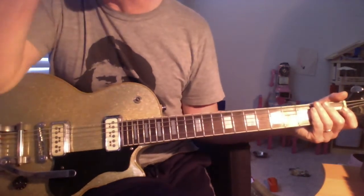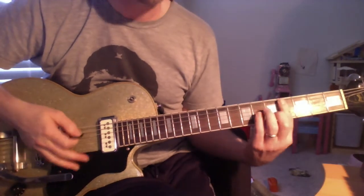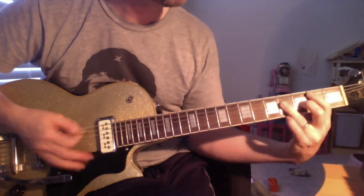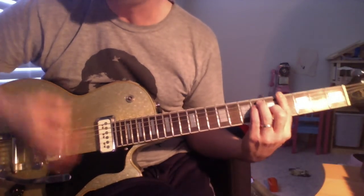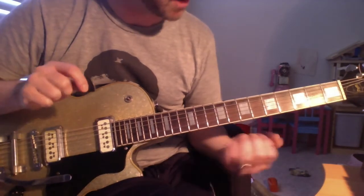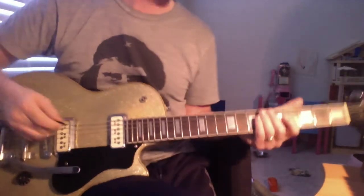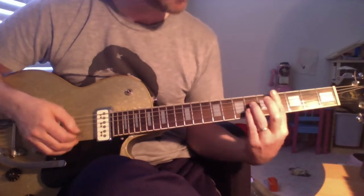In the chorus, let's see if I get this. Ding, ding, ding. This is where I said I was going to have to cut, right? So it starts off on that A flat minor, but it's going to throw you a curveball in just a second. So it's